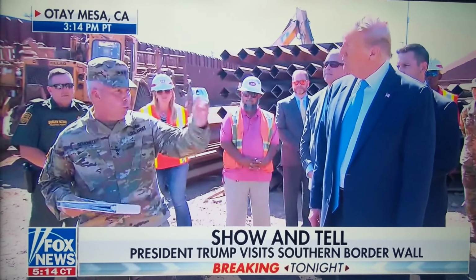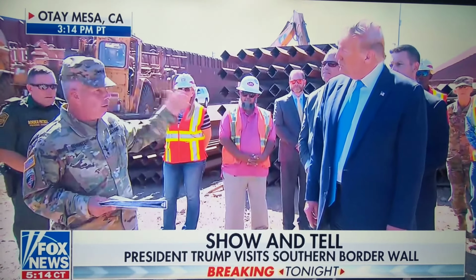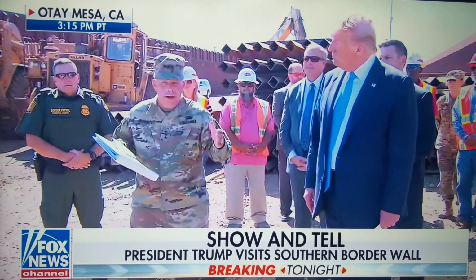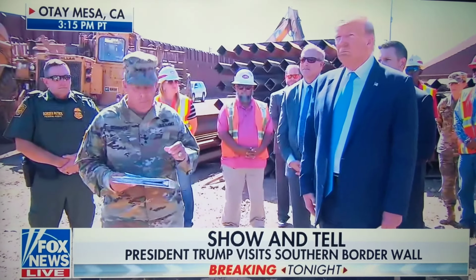So, Mr. President, I want to build on your comments. This is a system. It is both the two walls, but it also is the road networks down through the middle and the back so that Customs and Border can continue to move around it. Also, a lighting system. And if you think about this, it really is kind of a defense in depth. When you think about these panels going up, right now we're putting in about